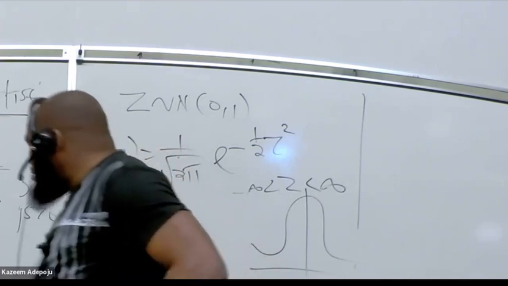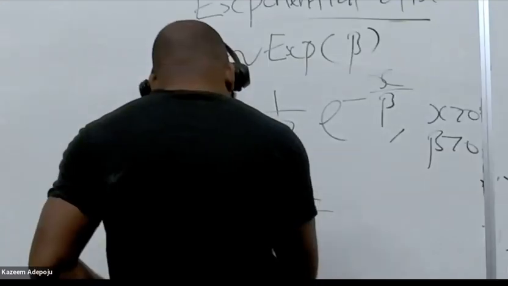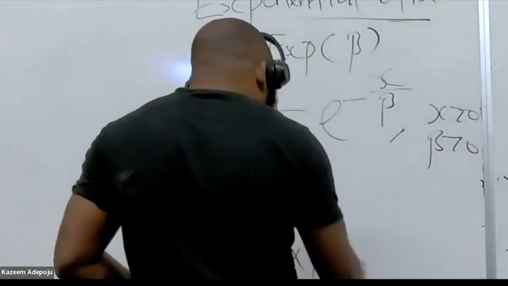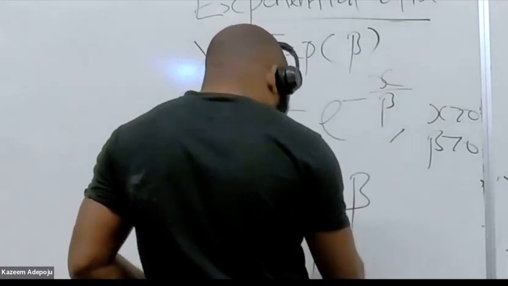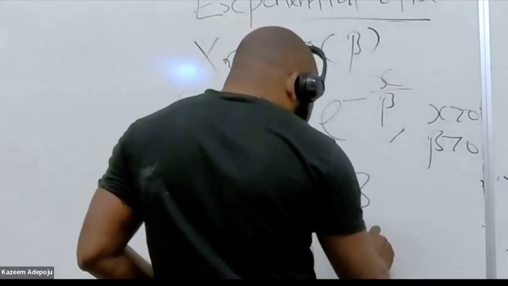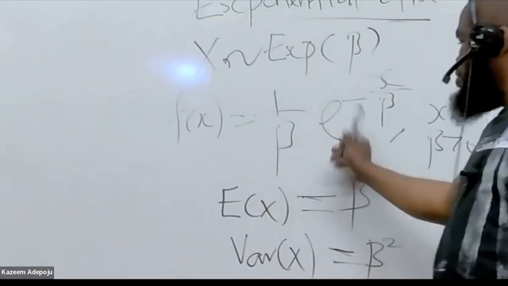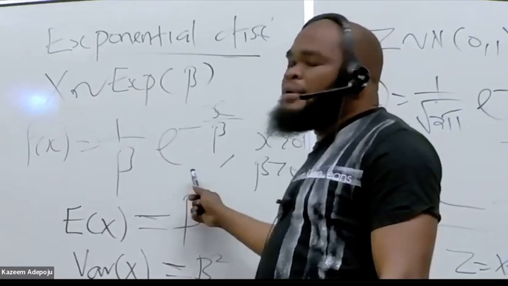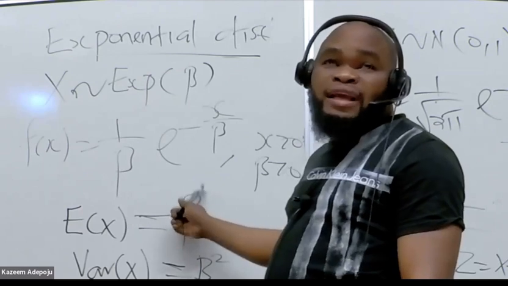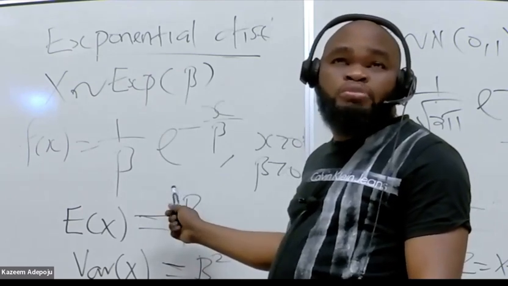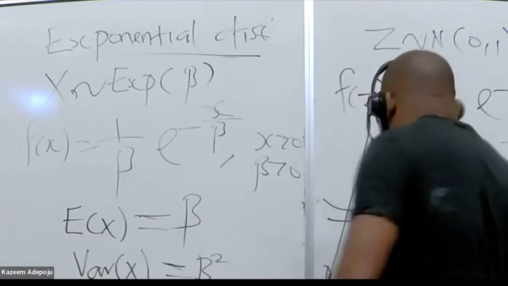Now here you're also going to have the mean and the variance, maybe beta and beta squared, you can check. So we have the mean and we have the variance for the exponential. Like I said, it's used to model the waiting time before the occurrence of an event. Now we also have